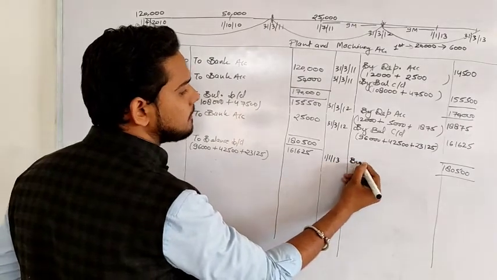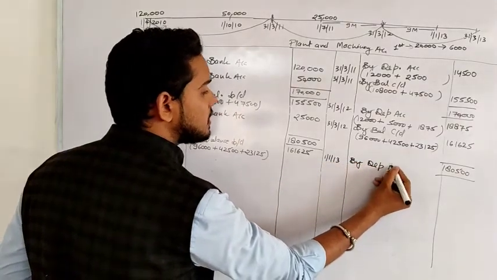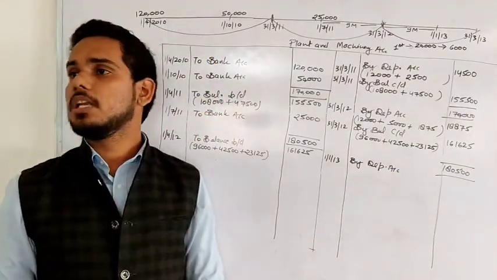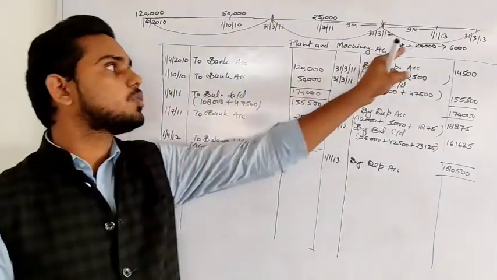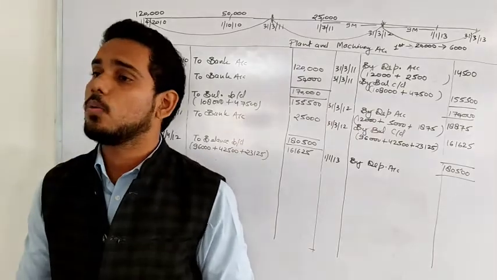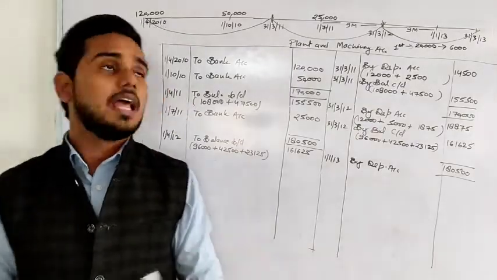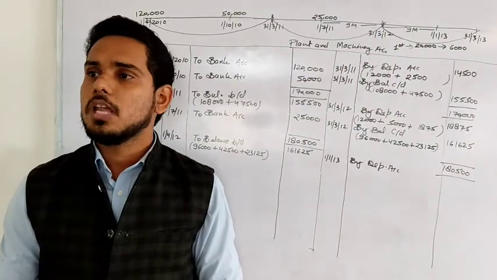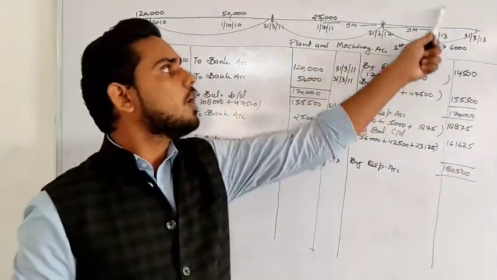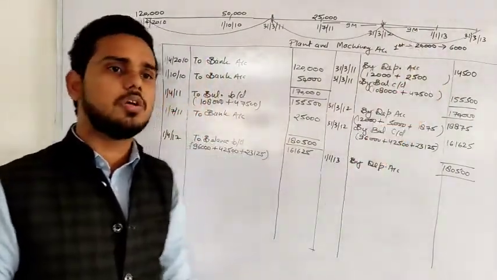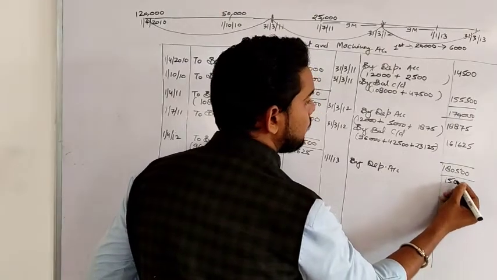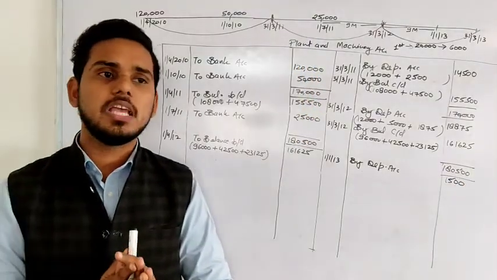So we'll charge depreciation at the time of sale on 1st January 13, and write by depreciation. But we will charge depreciation only on the asset sold. We are selling the machinery which had an original cost of 20,000. In the straight line method, depreciation will always be calculated on the original cost. And the original cost is 20,000. So 10% of 20,000 will be 2,000. But 2,000 is for the whole year, and we need it for 9 months only. So 2,000 into 9 by 12 will be 1,500. So we got the depreciation.